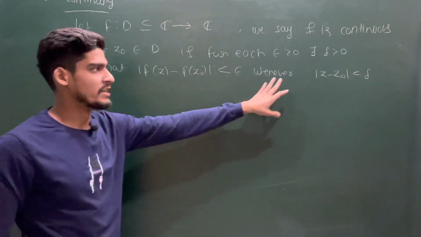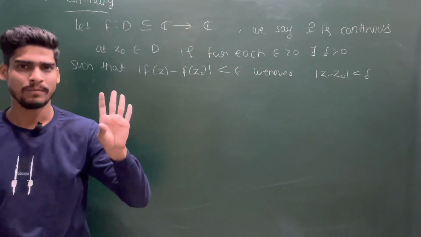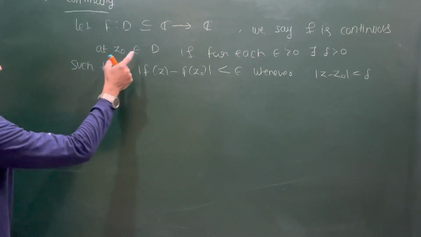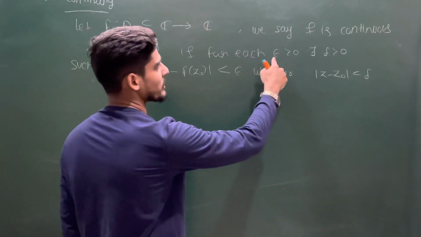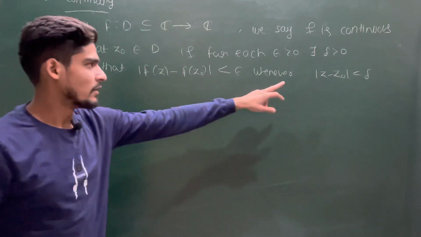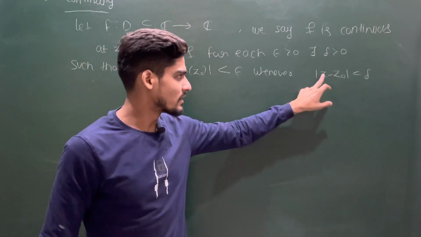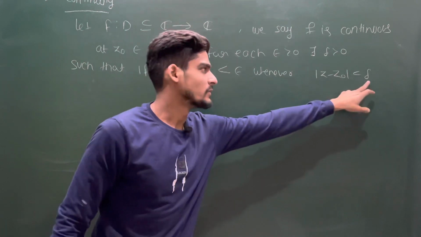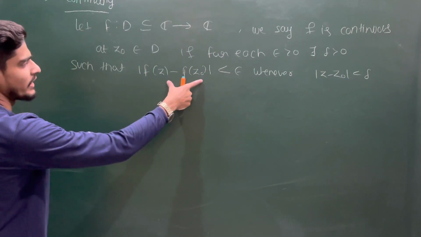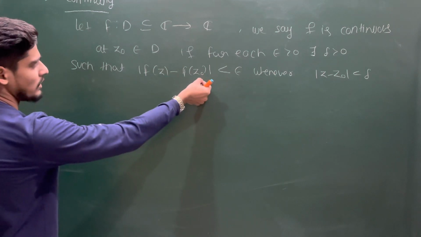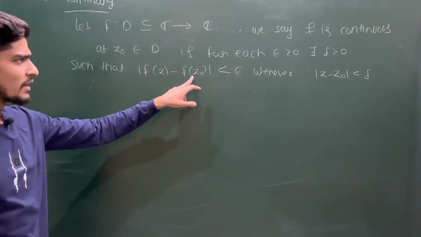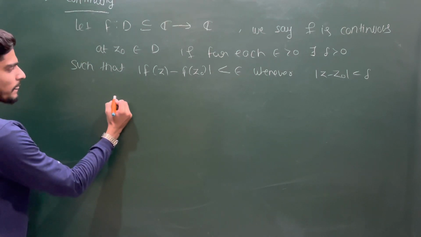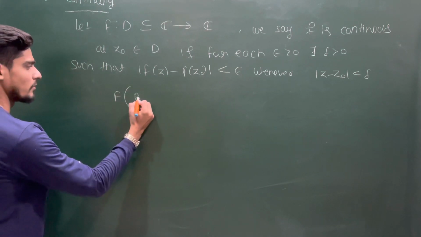What is the geometrical interpretation of this? It is almost similar to the limit in the real analysis part. So what it is saying: for each epsilon positive there exists a delta positive. What is the meaning of this? This Z is a member of the ball centered at Z0 with the radius delta. And what property you are having here? This F(z) is a member of the ball centered at F(z0) with the radius epsilon. So you can see F of ball.